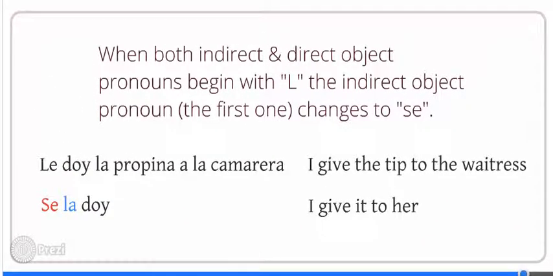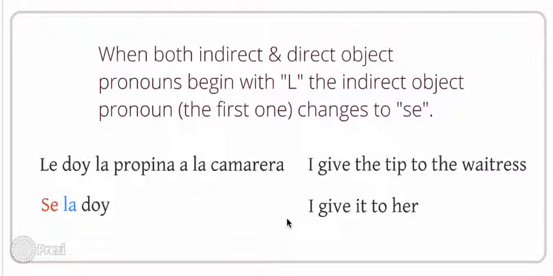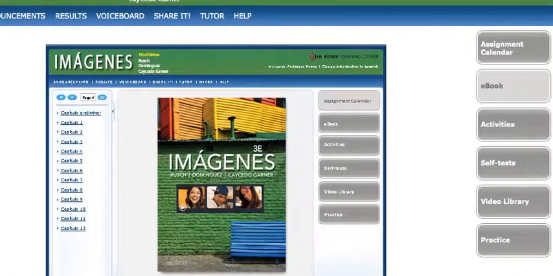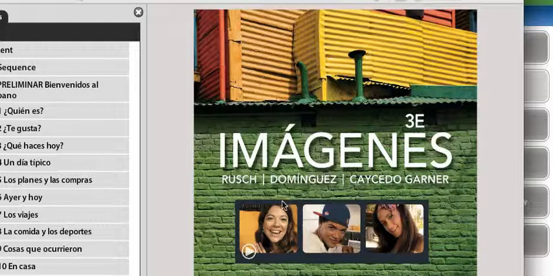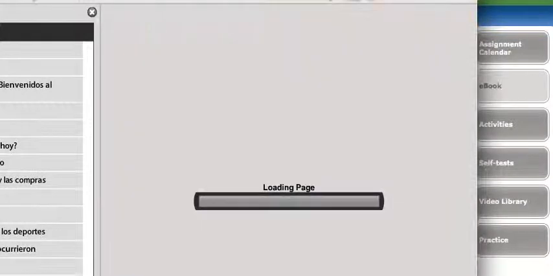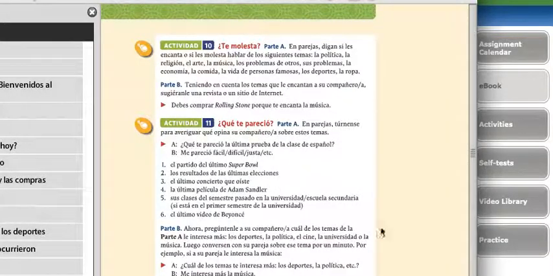All right, I know that this was a lot, and I know that I only assigned you one of the book activities for this week that uses double object pronouns, but you're going to see more in the workbook next week. I'm going to pull up our book real quick. Here is our online book, and if I go into it, all right, I am going to go to page, I know this is out of your screen, but at the bottom, I'm going to type in page 247. And when I get to this page,